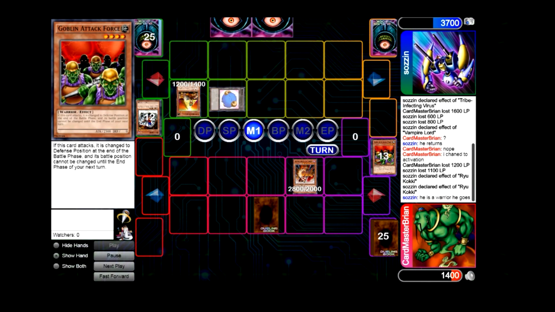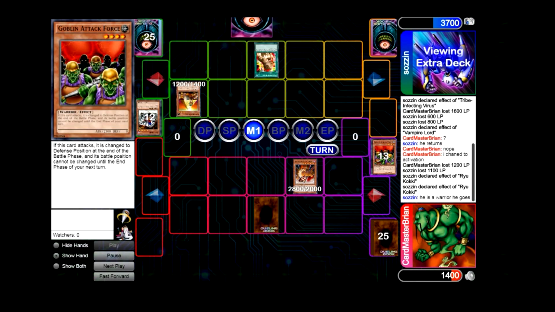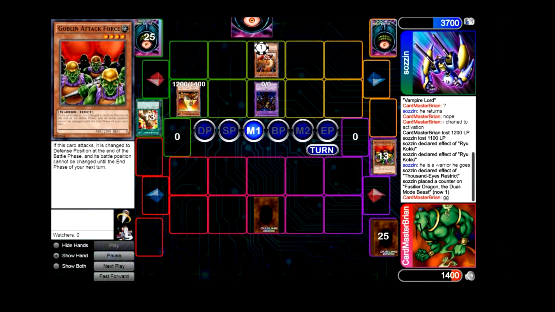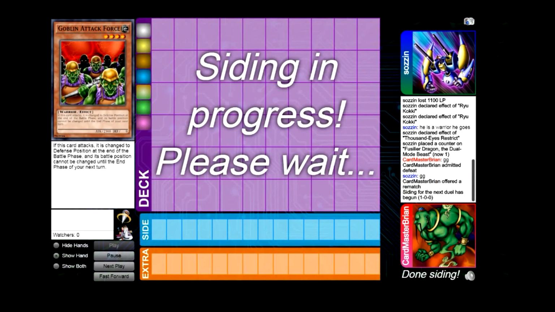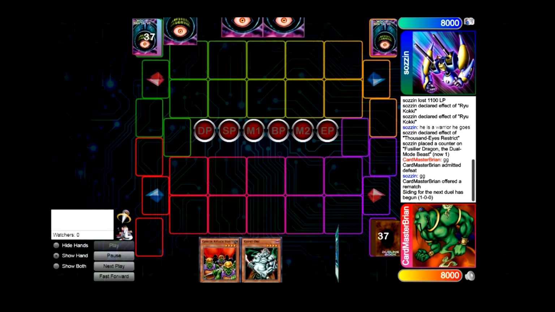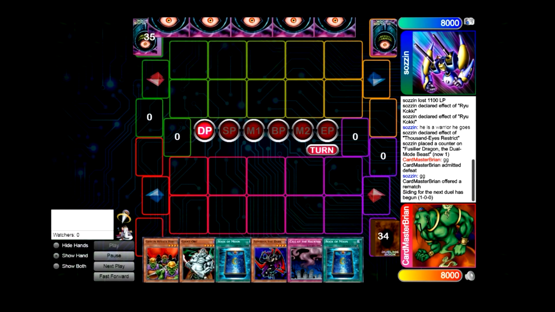Again, I'm hoping for my skill drain because it would make my Fusular Dragon, which is currently at 1400 attack, turn into a 2800 attacker. And of course he gets his Thousand Eyes Restrict out, and there wasn't much I could do at that point, so I conceded it. It's like I lost. So now we're on to game 2,